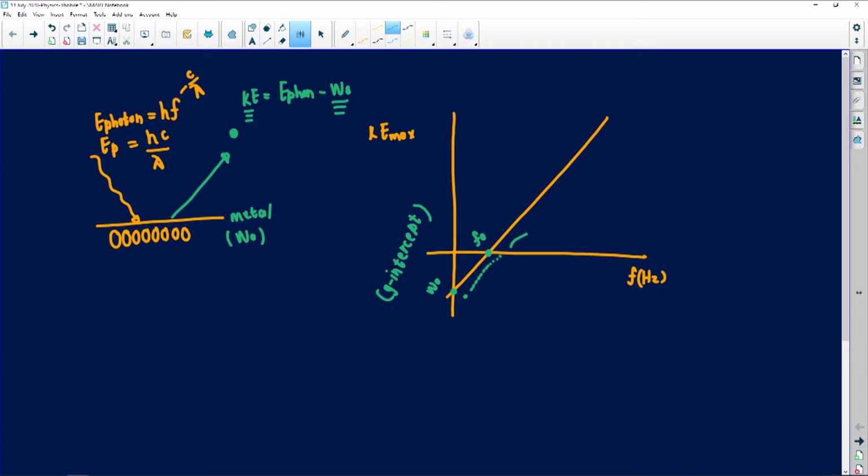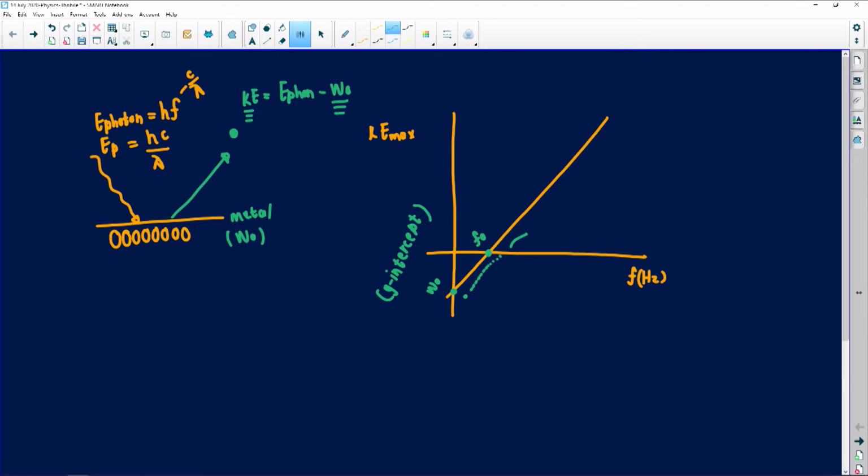Now, from mathematics, we know that a straight line graph is what we call a linear graph. I'm going to use the linear equation in conjunction with the kinetic energy equation, and then we're going to see how we move around. So now I've got the electron, and then I've got F0 on this side. I just want to make this a little bit smaller so I've got space. So now we know from mathematics, we have y is equal to mx plus c. When I'm looking at this equation, I'm looking at y, I'm looking at x, m being my gradient. I'm going to say EK max is equal to, I can then say, hf plus, or let's say